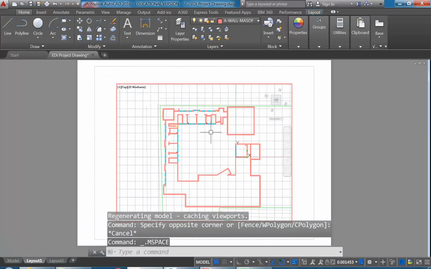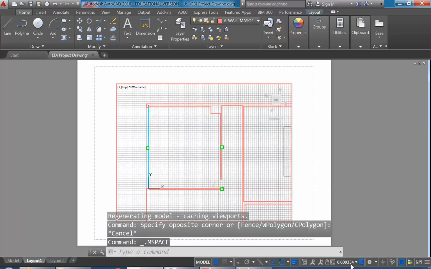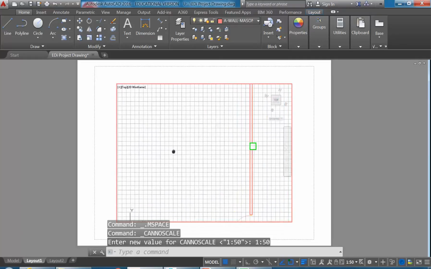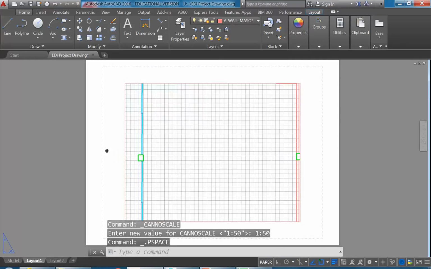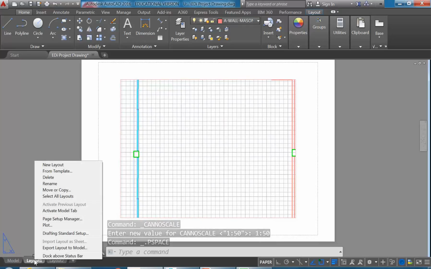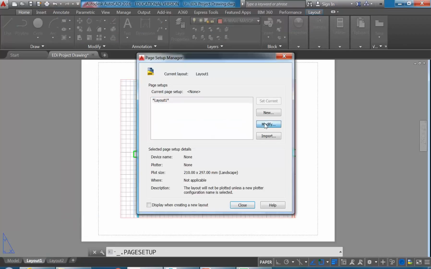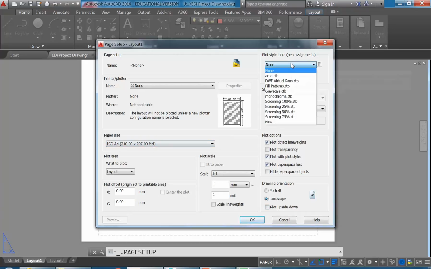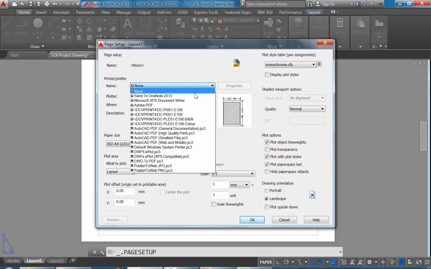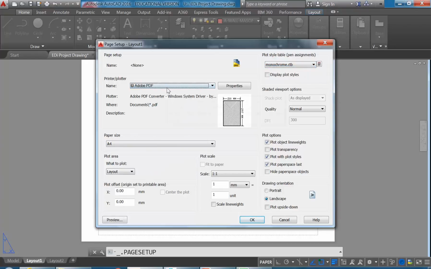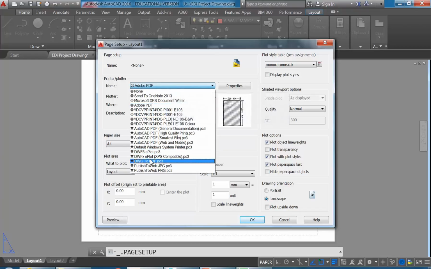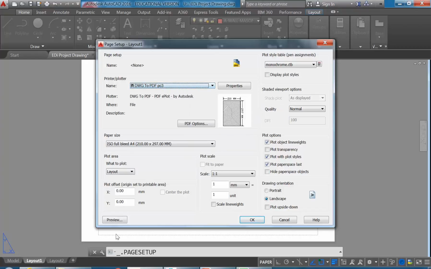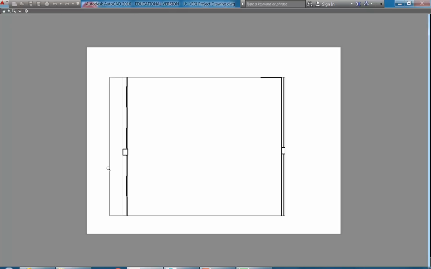And maybe at this point it's worth having a look at how that's going to print so you can really get to grips with the line weight. So I'm just quickly setting up a page, and there on layout 1 I can go to my page setup manager just by right clicking on the tab, go to modify and check the page size. It's usually going to be A4, you just want to check that, and the plot style table on monochrome, the printer on probably just use Adobe PDF if you're in here, or actually sorry, no, DWG to PDF in case you don't have Adobe. And so now I'll go to preview,